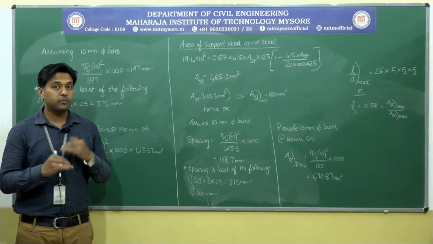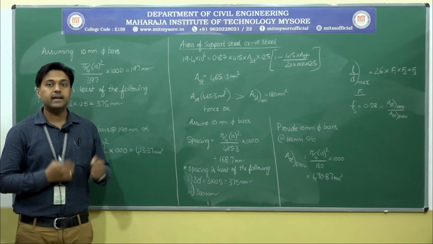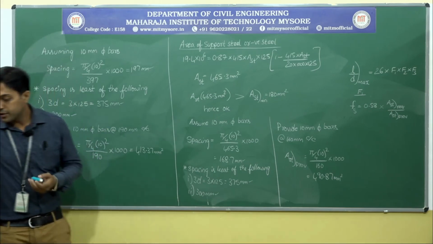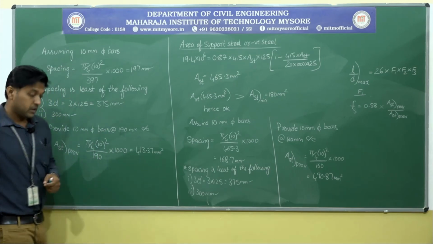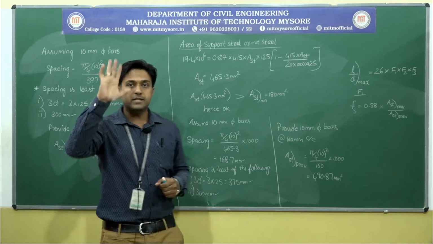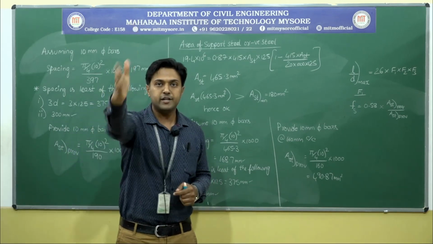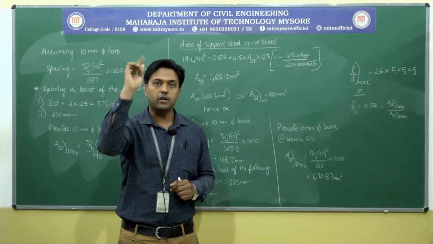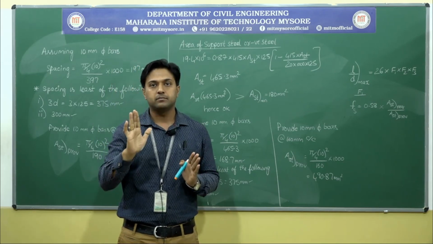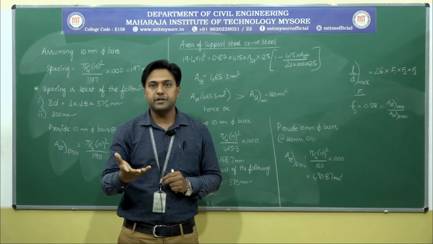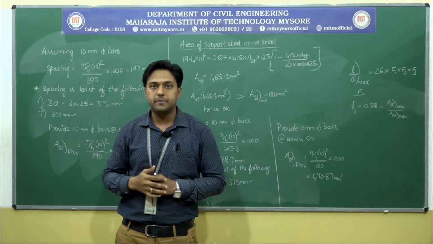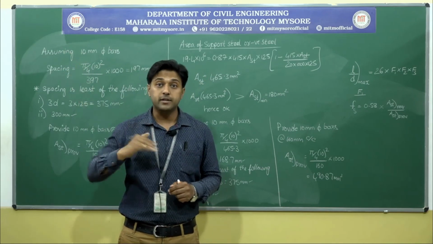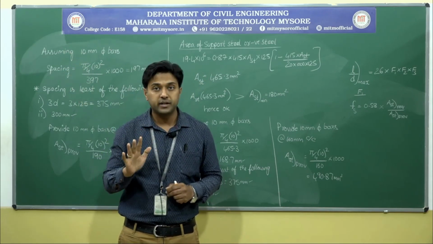Now I will not be doing the check for shear, directly I will be entering into the check for deflection. And one more thing, observe here: in slab, as it is a one-way continuous slab, in this particular direction, the continuous direction, you are providing the main steel. At the support, different spacing, and at the midspan, different spacing. What about in this direction? You need to provide the distribution steel, don't forget that.